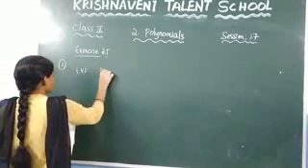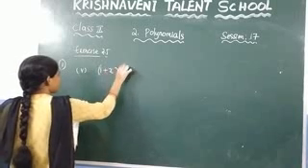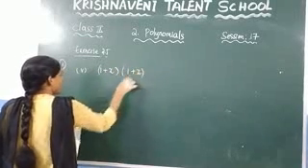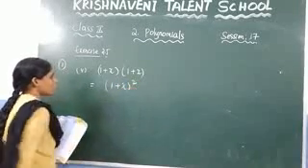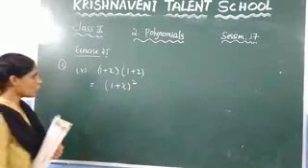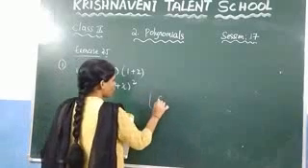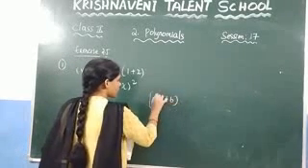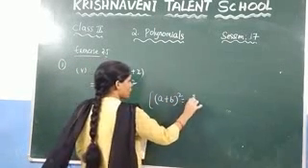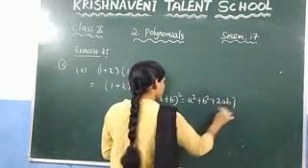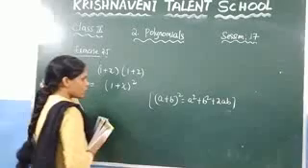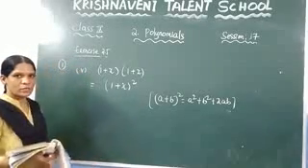So what is the fifth question they have given? 1 plus x into 1 plus x. Here how many times is 1 plus x there? 2 times, so you can write it as 1 plus x whole square. So it is in the form of what? A plus b whole square. So what do you know? A plus b whole square is nothing but a square plus b square plus 2ab. So here it is in the form of a plus b whole square. You can write it as a square plus b square plus 2ab.